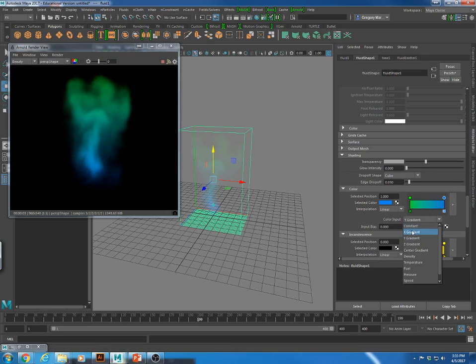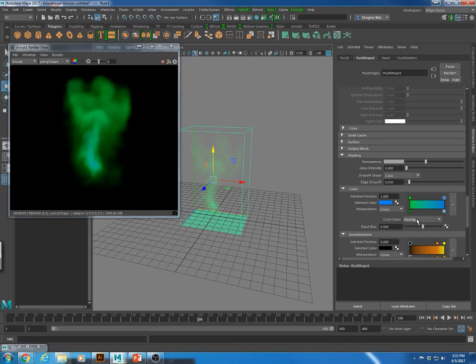Or my X gradient, right? Was green to blue from left to right. I can do a center gradient where it sort of starts blue in the center and goes out to green. Or I could do it based off of density. And basically the denser parts of the volumes, right? Like the denser part of the voxels will be one color. And then you'll see where it's really dense, where it's being emitted, is blue, and then it goes